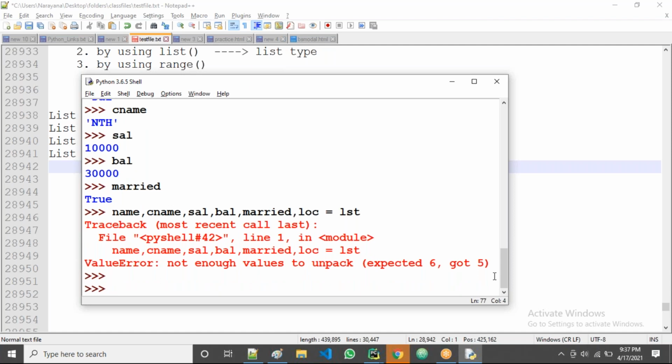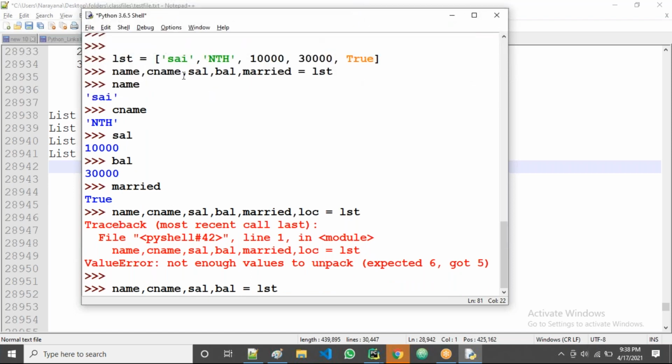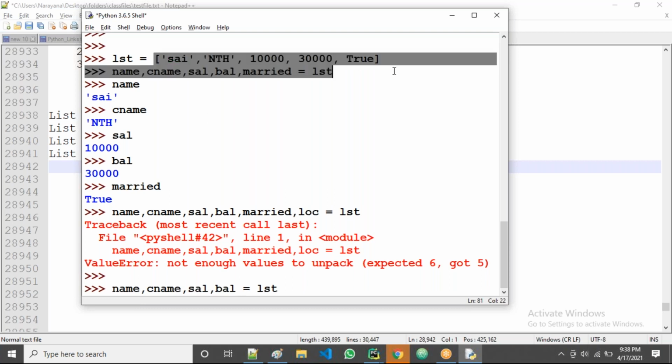And next, I'll take fewer variables. Now in the list, how many values are there? Here 5 values are there, but I'm expecting only 4. Even though we have 5 values, I'm expecting 4 only, which means more values to unpack.